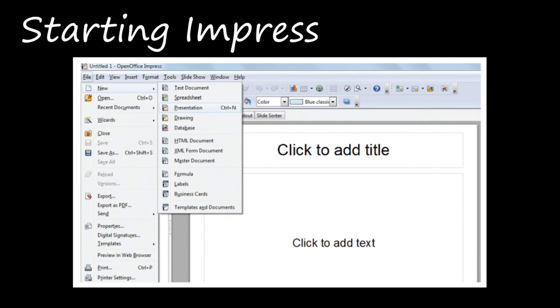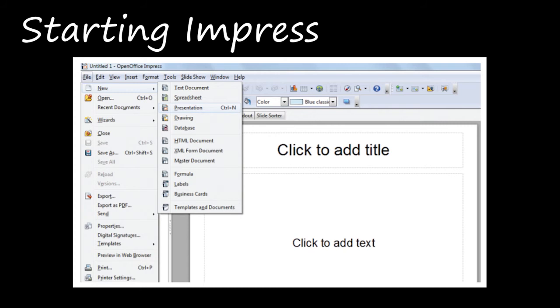Okay, various ways are there to start Impress. Here you can start Impress in many ways. You can select the presentation from the system menu, or you can just select it from openoffice.org also, or you can just click the triangle to the right of the new icon on the main toolbar, and you can select the presentation from the drop down menu, okay, or you can just go to file, new, presentation as you have done in OpenOffice Calc and OpenOffice Writer.